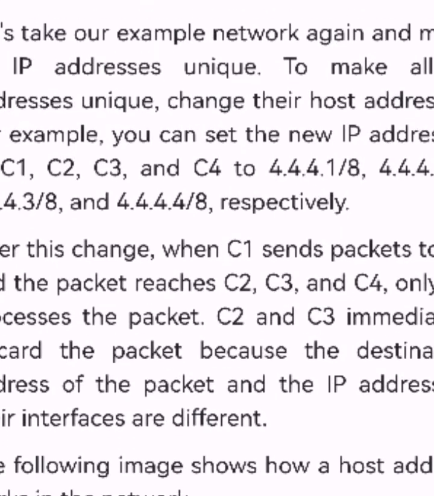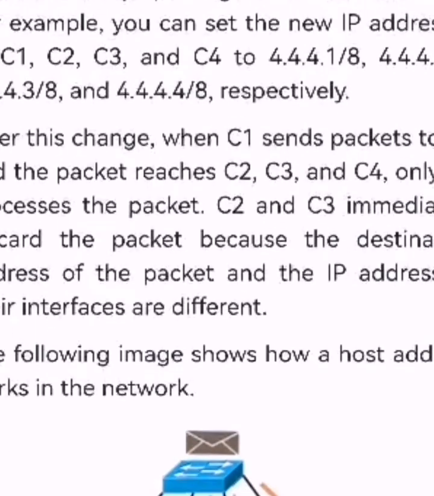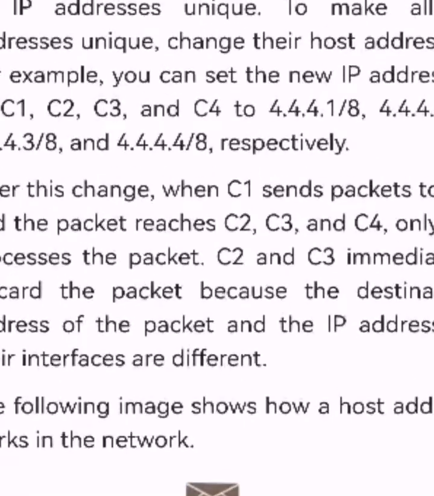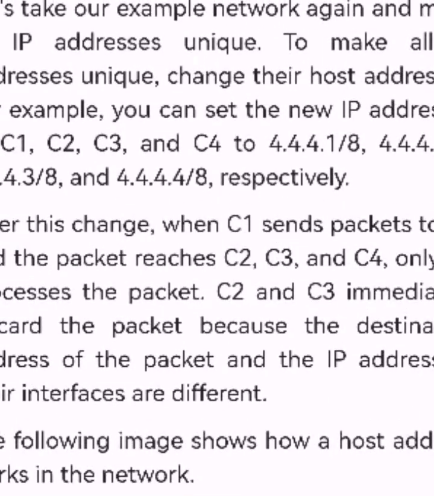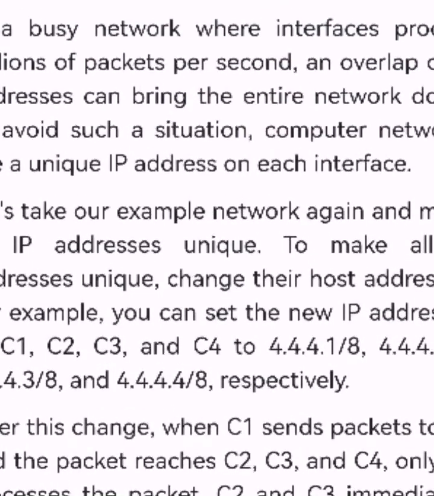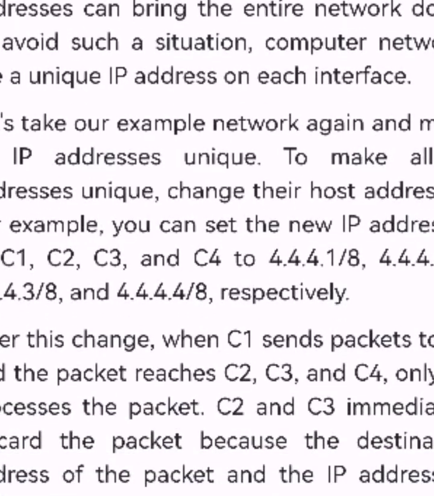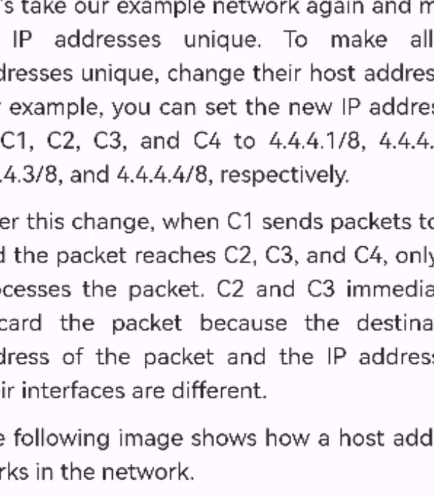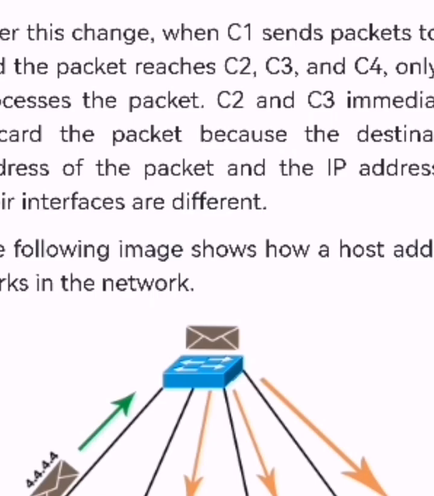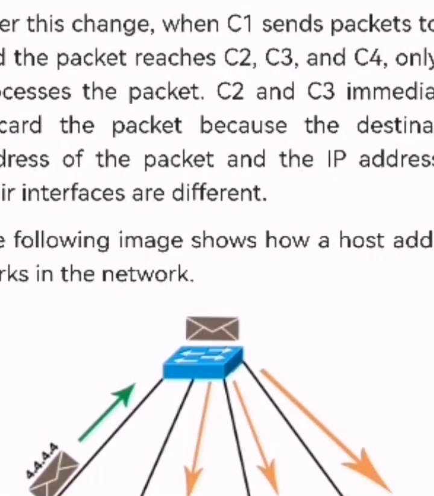Let's take our example network again and make all IP addresses unique. To make all IP addresses unique, change their host addresses. For example, you can set the new IP addresses of C1, C2, C3, and C4 to 4.4.4.1/8, 4.4.4.2/8, 4.4.4.3/8, and 4.4.4.4/8, respectively. After this change, when C1 sends packets to C4 and the packet reaches C2, C3, and C4,